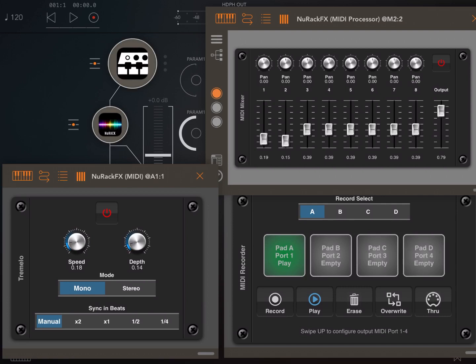So I think you would agree with me that this new MIDI recorder brings the level of automation to something new, which is